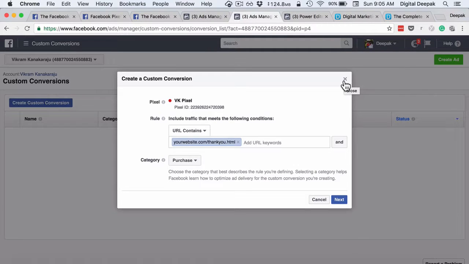So if Facebook shows the ad to 10,000 people and 1,000 different people click on the ad and 100 people end up on the thank you page, which is the conversion, then Facebook will try to show ads to people who are more like these first 100 people, so that the chances of conversion increase, right? If you optimize the ad for clicks, then Facebook will try to deliver more clicks but will not focus on conversions. So running conversion optimized ads is very important, and that is something we will also look at in the future lessons.